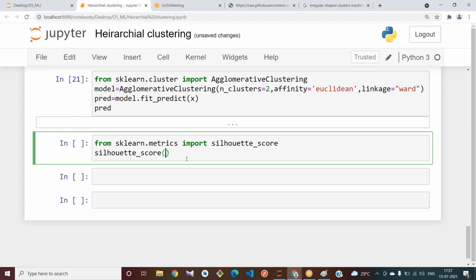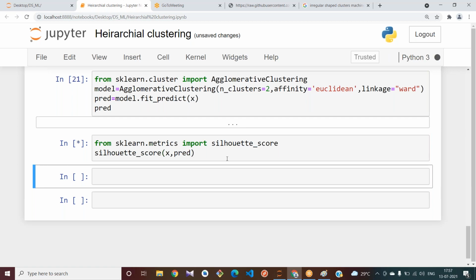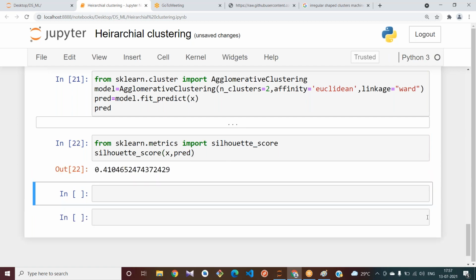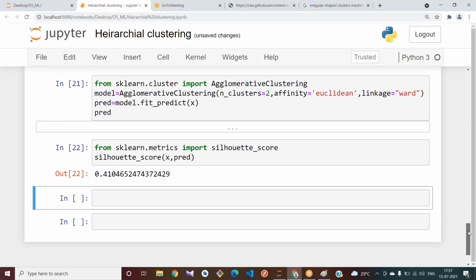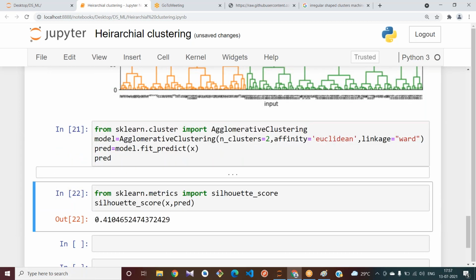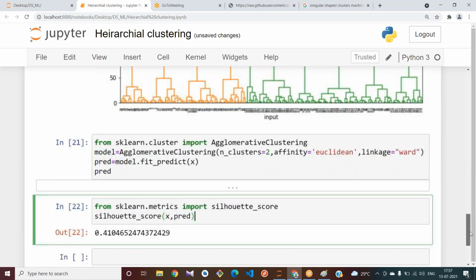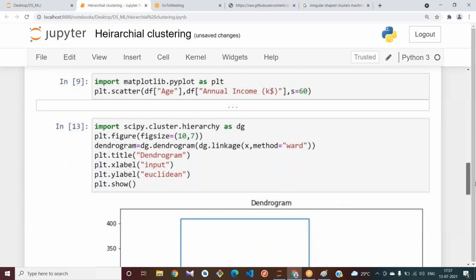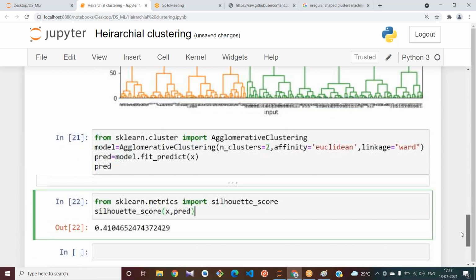Silhouette score of X I have given, and my predicted values are present in pred. See what is the score I am getting here? 0.41, which is low, right? I'm not getting a good score for this particular data, for this particular method.